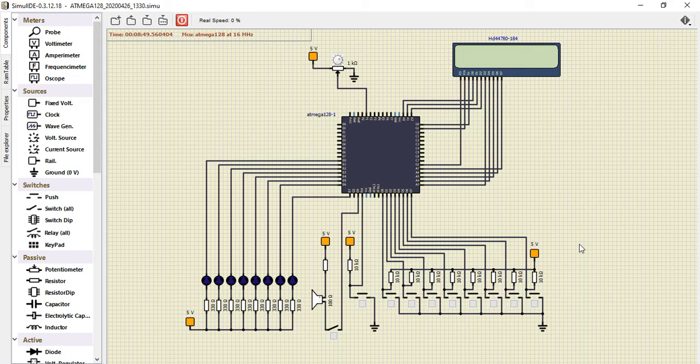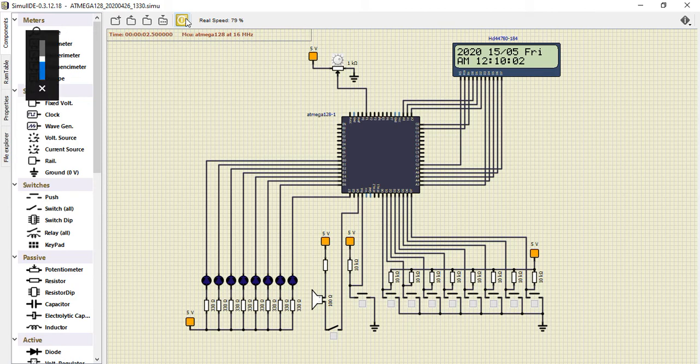So the time-based alarm clock's capabilities are kind of limited compared to the date-based alarm clock. So let's start our program